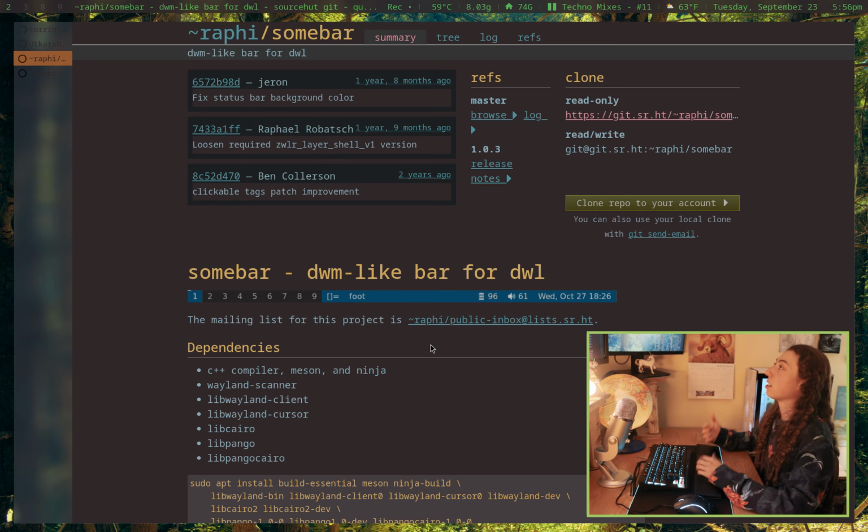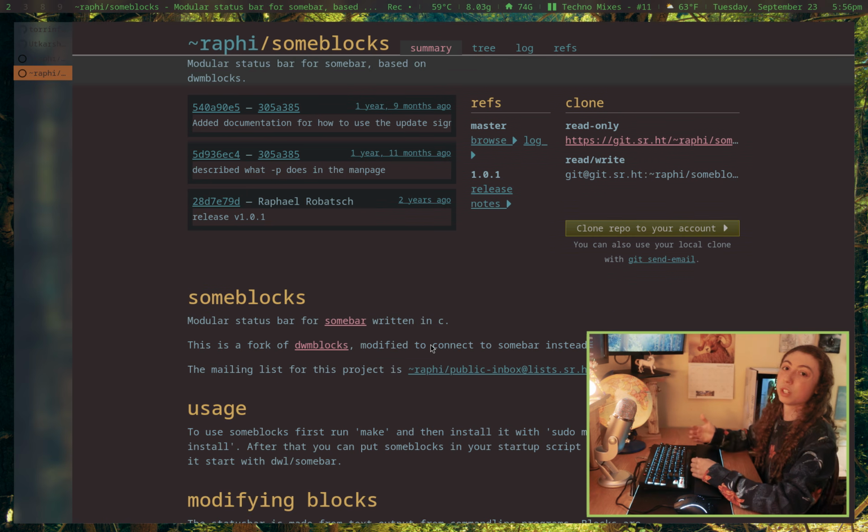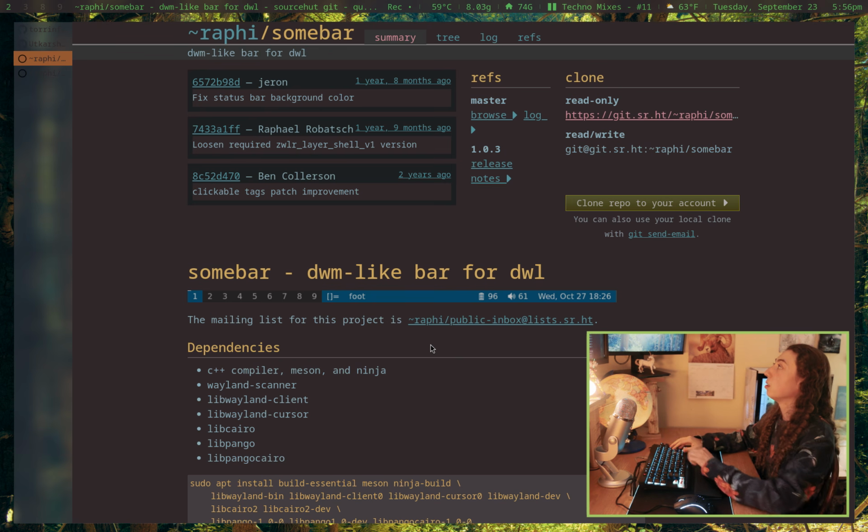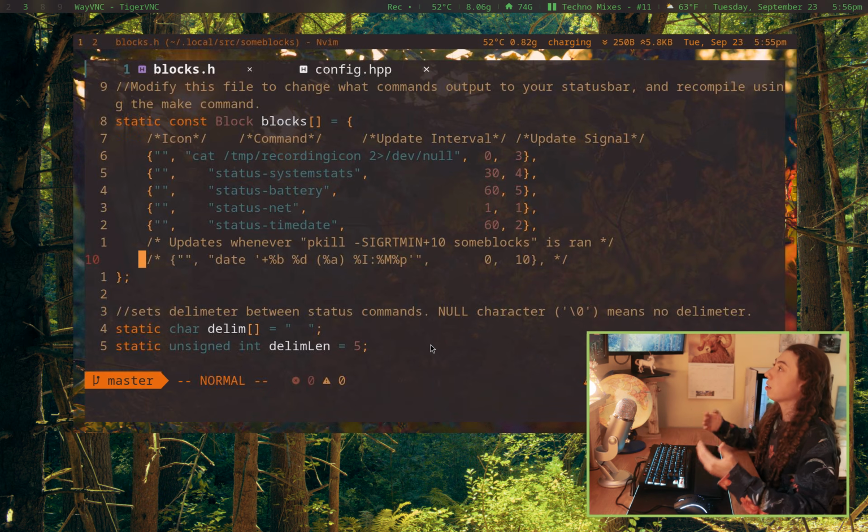Now let's talk about somebar and someblocks, which is what I am using with DWL on Wayland. And I should probably start by mentioning, because I know people will ask, my build of DWL is not anything crazy. I literally have 3 patches applied, and you could probably do that yourself in 5 minutes. So as of right now, it is not really worth me making a video on DWL alone, but I am thinking about how I can make Wayland videos in a way that is not going to have some kind of